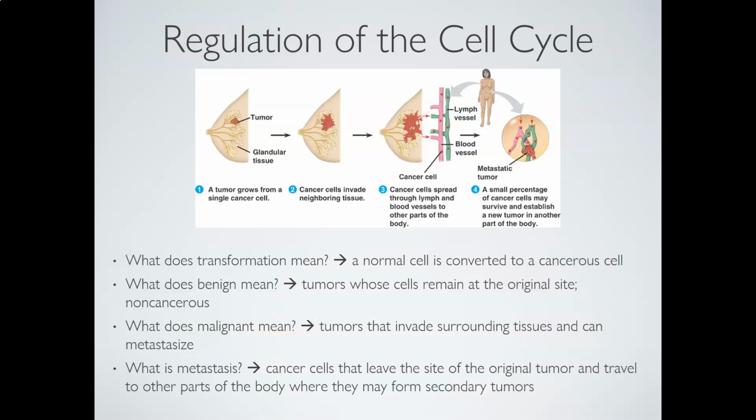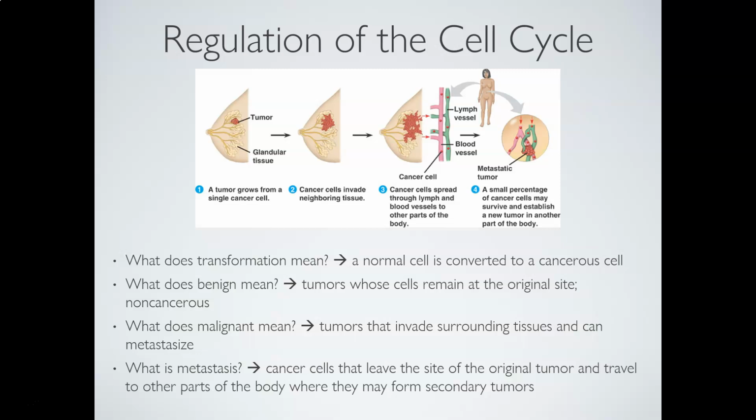So we're looking at transformation, right? A normal cell, something has happened to it in the process of its probable required cell division, that has now converted it into a cancer cell. And that change can be just a simple mistake in DNA replication. It can be a causative mutation from some sort of environmental factor, something that you have in your diet, something that's in your environment like radiation or other chemicals, and even viral infections can have connections to the transformation of certain cells and cause them to become cancerous.